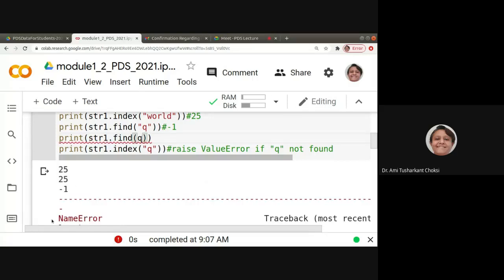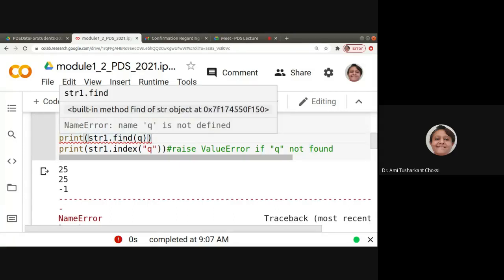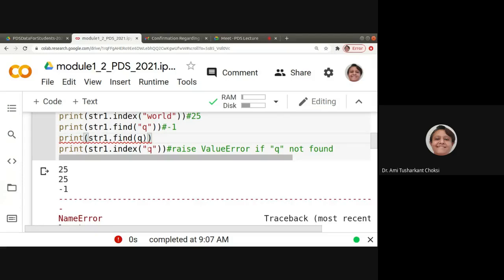If the variable is not there, whether you are using find or index, it will give us name error. But if you write it in double quotes, that is, if you have provided a string, it will provide us the value error.